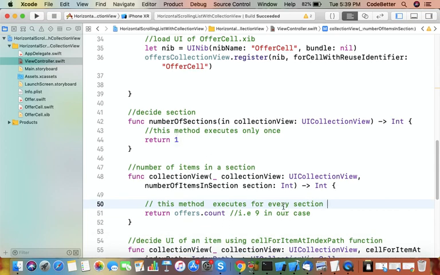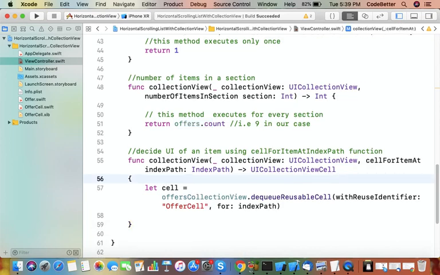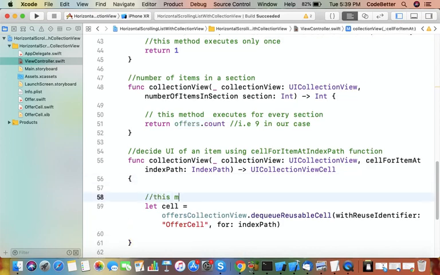So if there are two sections, it will execute 2 times. If there are 3 sections, it will execute 3 times to decide how many items are in the section. And this method executes for each item of each section to decide its content.